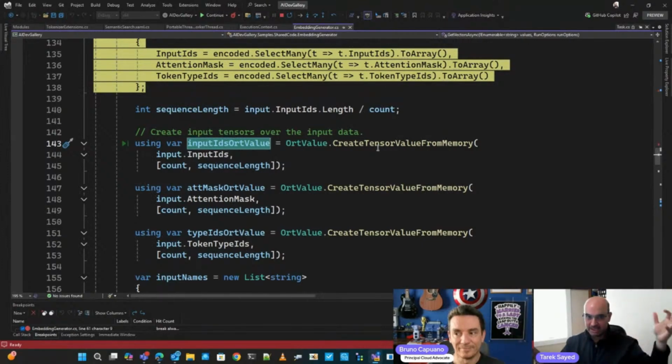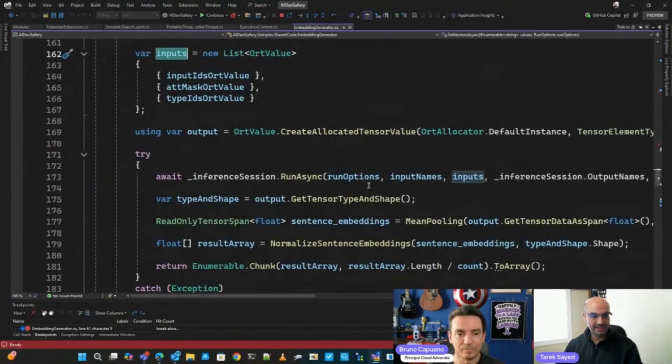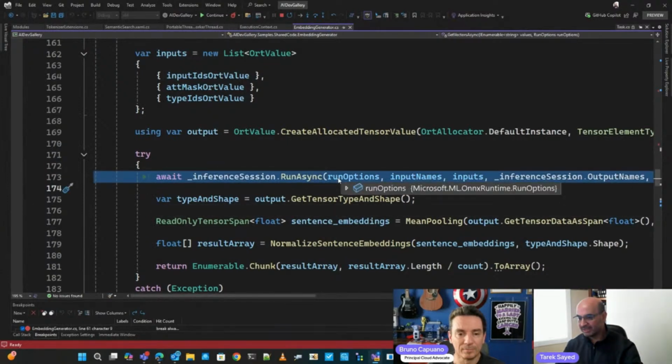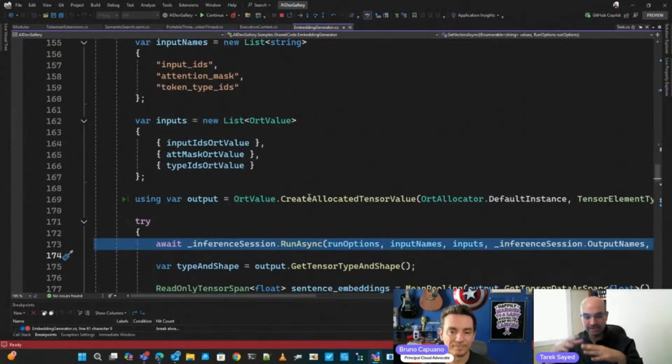So the ID is getting embedded inside the tensor, and then it will get this tensor inside these inputs. At the end, this is the way that the IDs get passed to the model itself to generate the embedding. Oh, cool. Yeah, so this is showing how the tokenizer gets used, generating IDs and taking these IDs and feeding them to the model to generate the embedding from it.